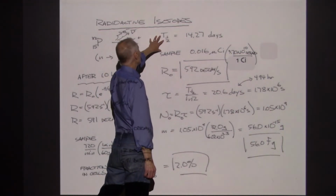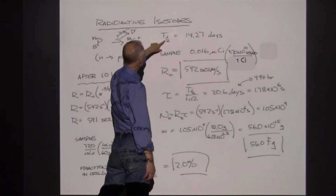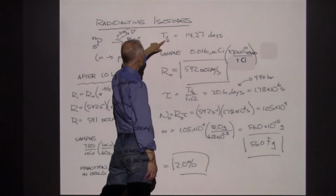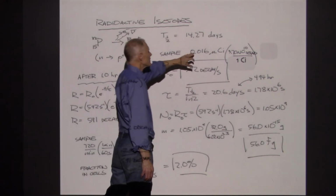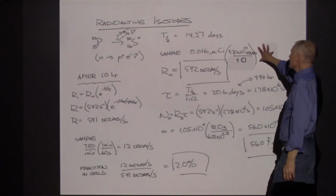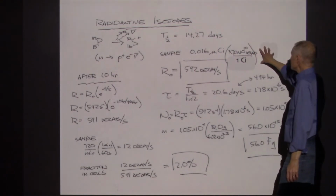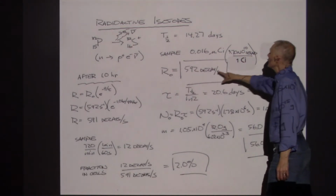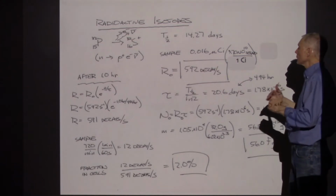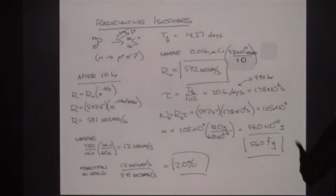Now the half-life, I looked this up in Appendix F, which is my friend, and it says the half-life of phosphorus-32 is 14.27 days. And I took this curie stuff and immediately converted it into something that makes sense to me. So this 0.016 microcurie, times the definition of curie, said that the sample is currently decaying at a rate of 592 decays per second, and that just makes a lot more sense to me. That's a lot more intuitive. So I got an R naught